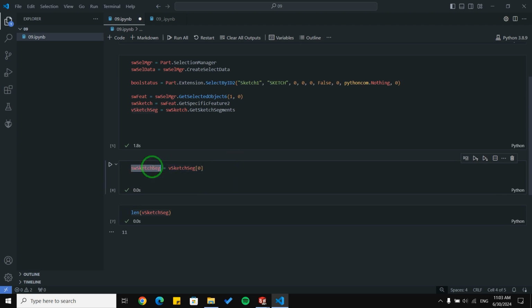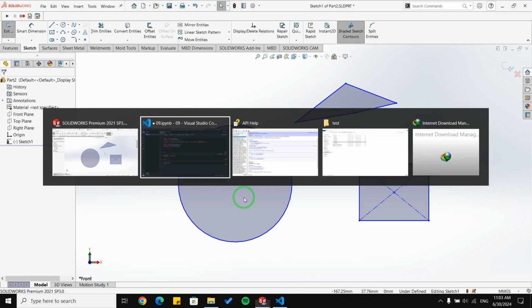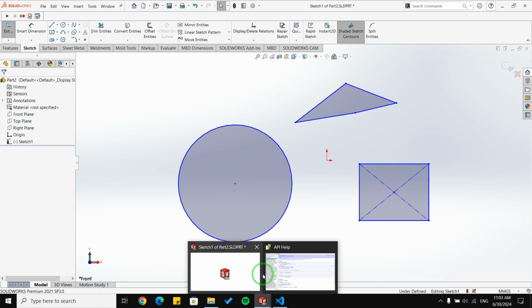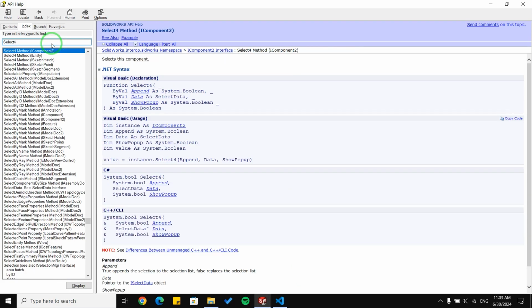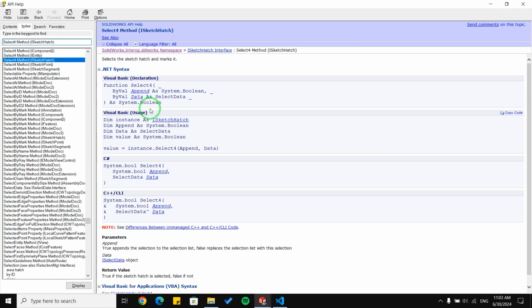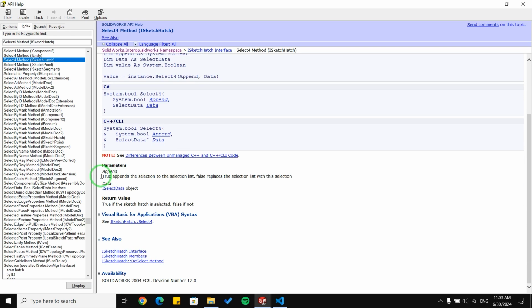To select this segment, you need to use something called SelectFor method. Let me show you here. I'm sorry, it is not here, it is here. You need to use this function to select a segment, and it gets 2 arguments. First is append, that should be true or false.